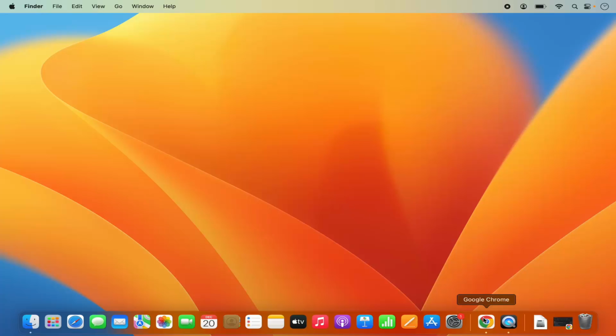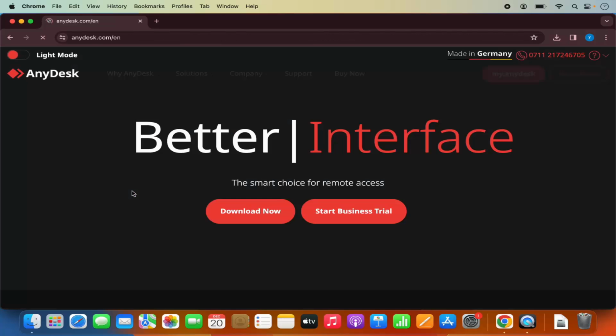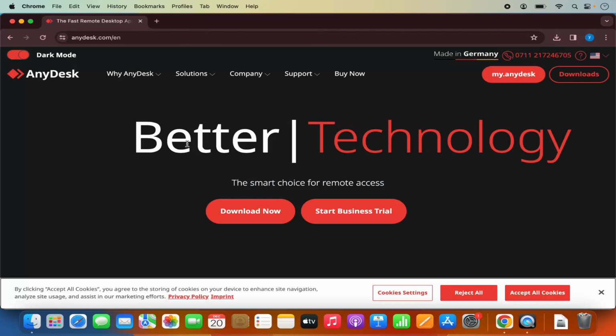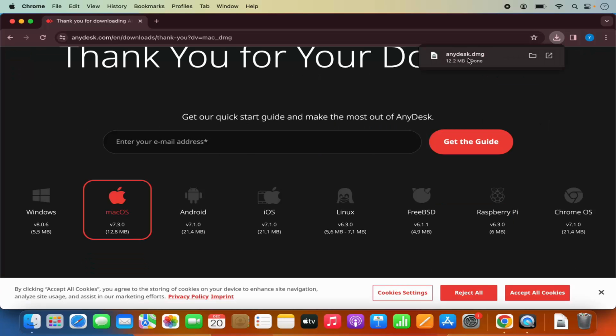For that, just open your favorite browser and search for AnyDesk, and the first link which will appear here will be from anydesk.com. So I'm going to click on this link. Here you will be able to see the download now button straight away. So I'm going to click on the download now button here, which is going to download this